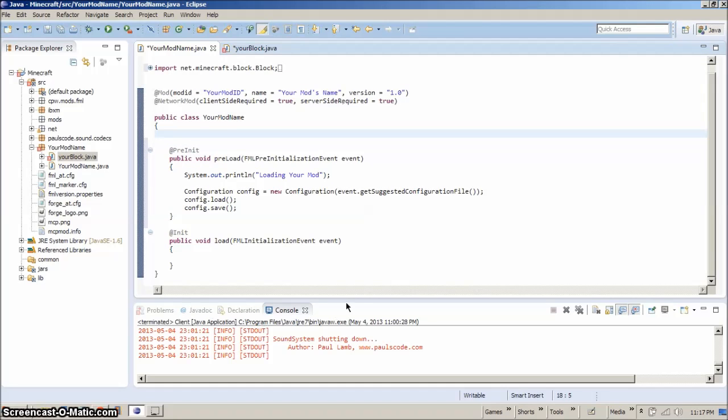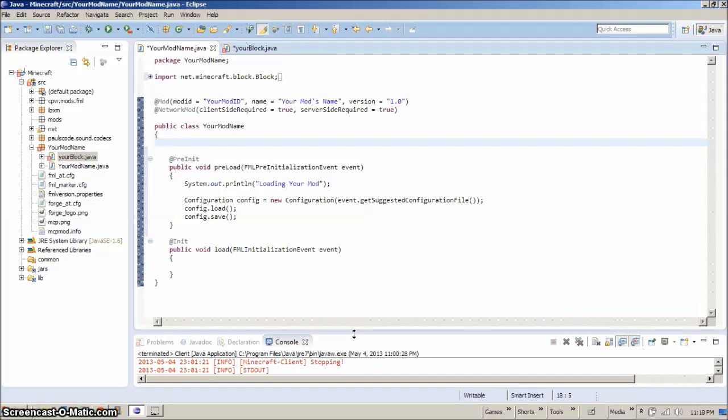Picking up where we left off with just this bit of file that we had here. Let's just shrink this down, get it out of the way. What we're going to do is add a creative tab, and the way we do this is we add a public static creative tabs. And we'll just call this your creative tab, is equal to a new